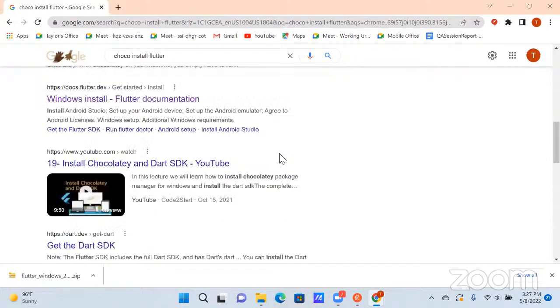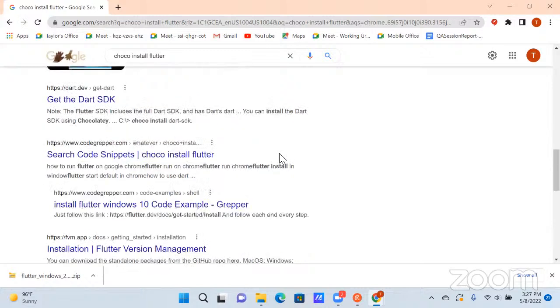middle dot link Android setup middle dot link install Android Studio clickable link heading level 319 install Chakali and Dart SDK U2 link H button about this result clickable get the Dart SDK heading level 3 clickable search code snippets bar Choco and list with 1 items clickable install Flutter Windows 10 code example prepper heading level 3 link 8 button up just follow his link